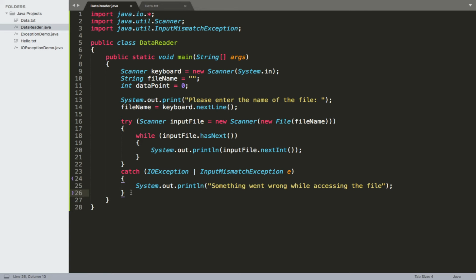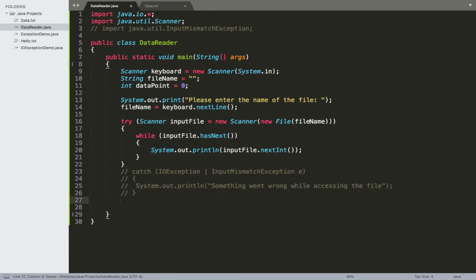The other kind of exception handling that I want to take a look at deals with the situation where we want to specify multiple catch blocks with a single try. So there's another way that I could do this instead of just looking at the input mismatch exception. So the way that I'll do that, I'm going to go ahead and comment out this line, and we'll also go ahead and comment out this block. And I'm going to replace this with